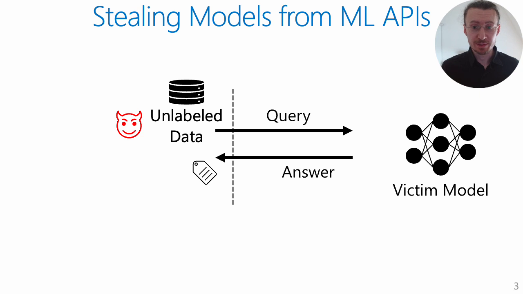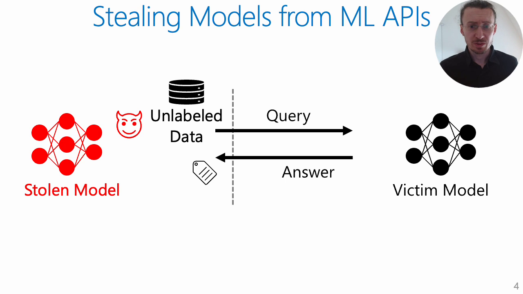However, the user who queries the API might be malicious, with a goal of extracting the model behind the API. So the question is, how to steal the model behind the API? It is relatively easy. An adversary has to collect some unlabeled data, and then each of the unlabeled data items is sent as a query to the ML API. The API responds with low-dimensional outputs, such as labels or softmax scores. Based on these queries and obtained labels, an adversary trains a stolen copy of the victim model.